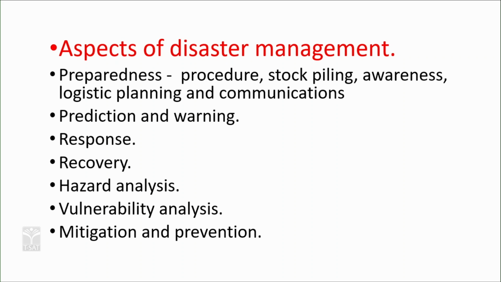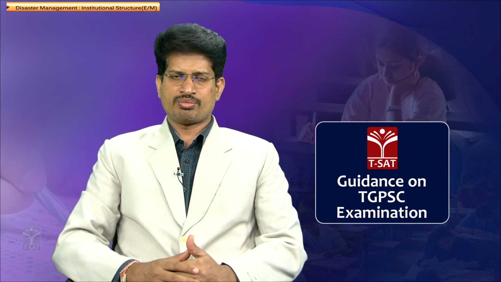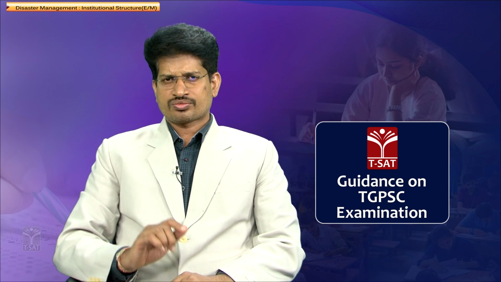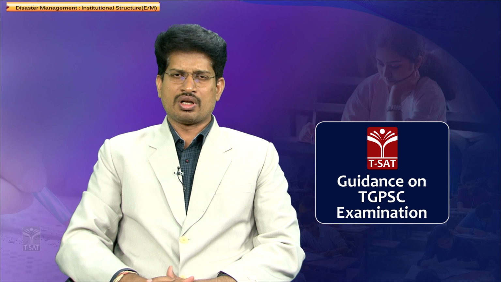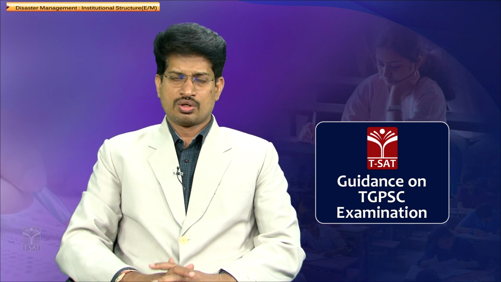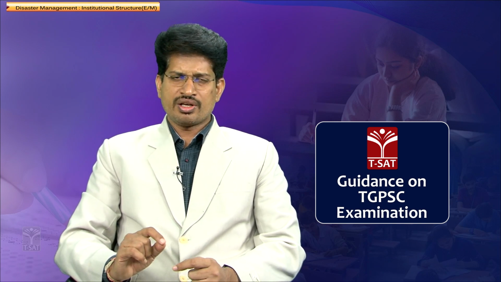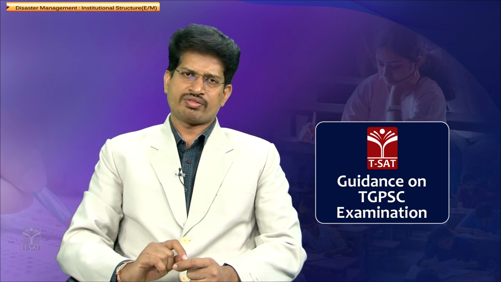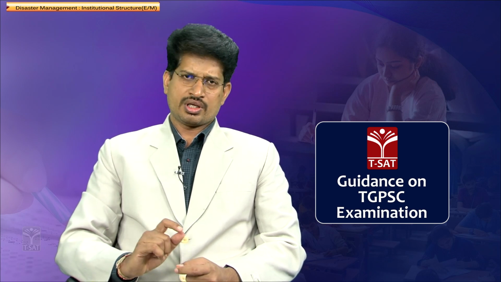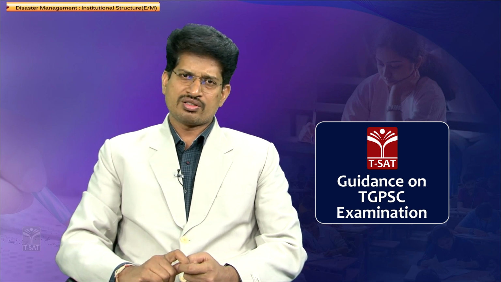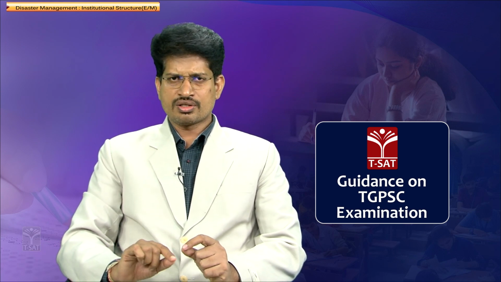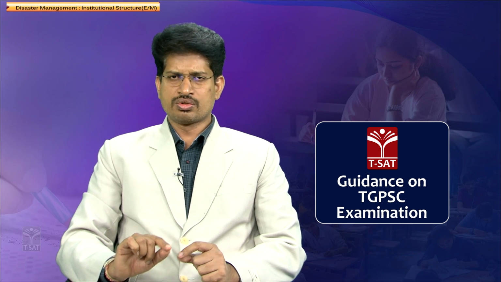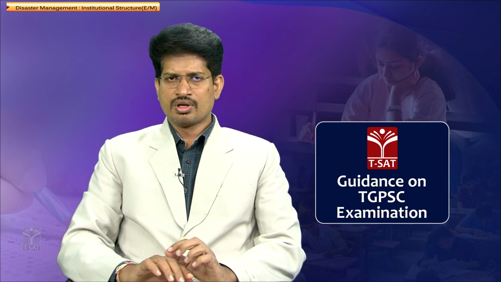For example, in another vulnerability analysis, vulnerable people in terms of the impact of a pandemic. In this case, age is the vulnerability. The older people are more vulnerable in this context. So vulnerability varies from context to context. In the case of corona, it is the age group. In the case of inundation due to floods, it is the low-lying region. So you must be able to identify the region or people vulnerable to a disaster, which varies from condition to condition.